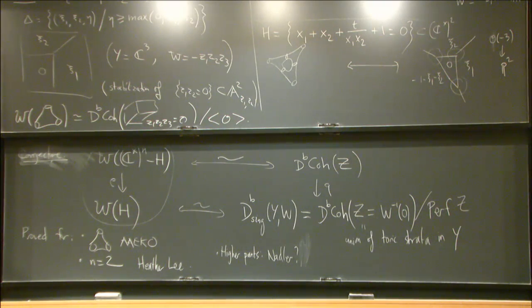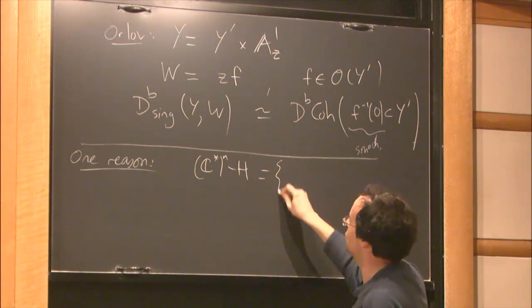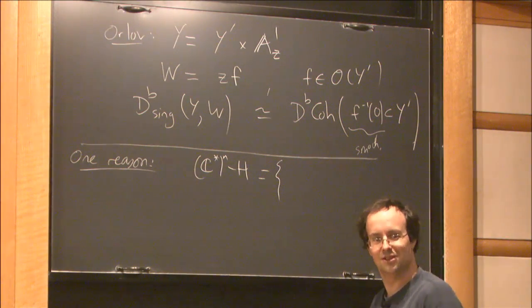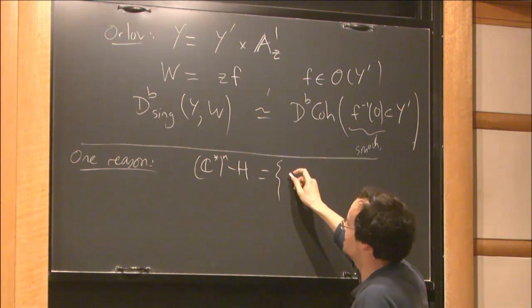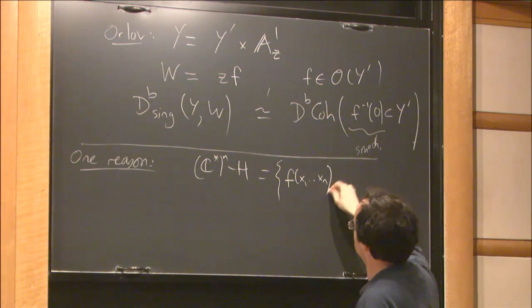Yes, it's an affine variety. And maybe indeed what I should have said is, one reason, that's kind of spoiling things, but anyway, too bad. Okay, I'm giving my own spoilers. So you can think of (C^*)^n minus H as actually a hypersurface in (C^*)^(n+1). I think that's maybe what you meant. So I didn't understand what the x times, I think it's exactly, yeah, okay, it's exactly that. It's exactly that. It's the hypersurface defined by f of x_1, ..., x_n times